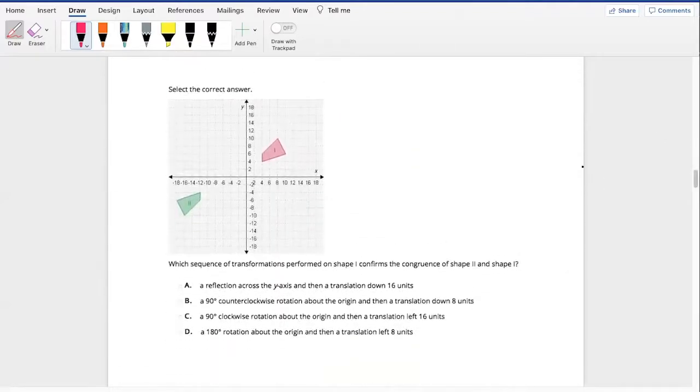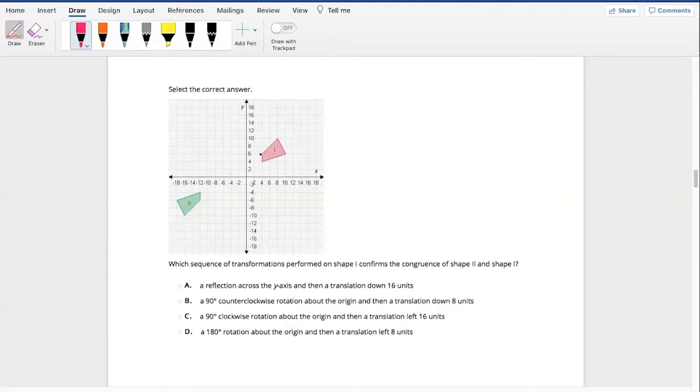All right, moving on to the next one, we have to pick which one is correct, which sequence of transformations performed on this shape confirms the congruence of shape 2 and shape 1. All right, again, we have to go through all of them, see which one will work. If I start here, so we're going from shape 1 to shape 2, think about if I flip this, a reflection across the